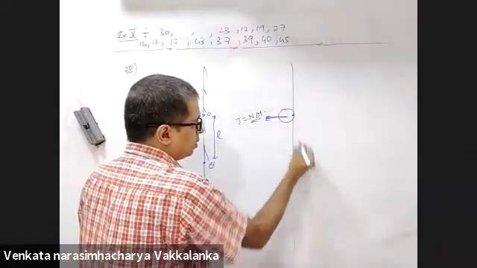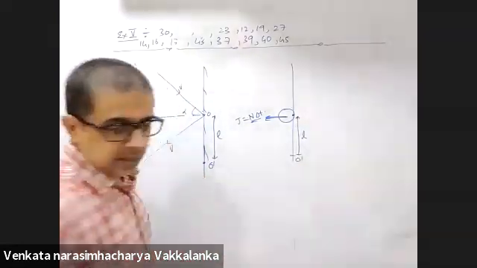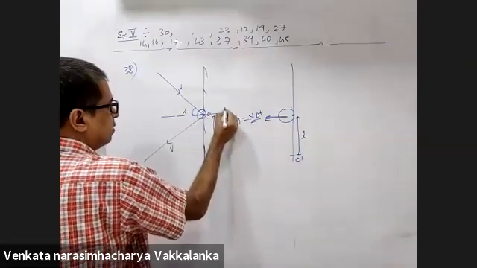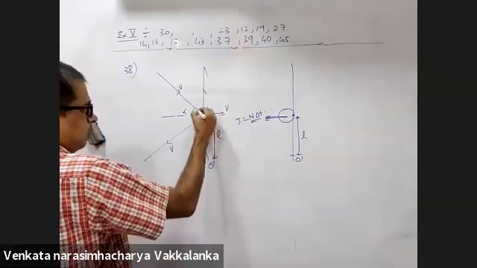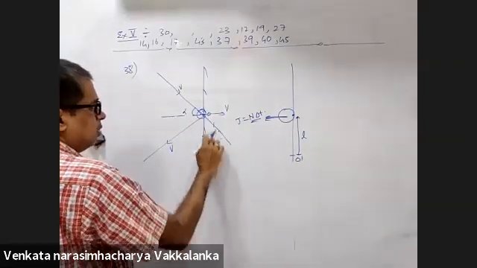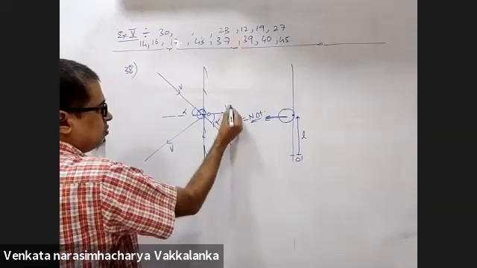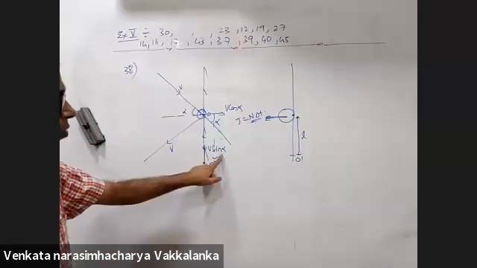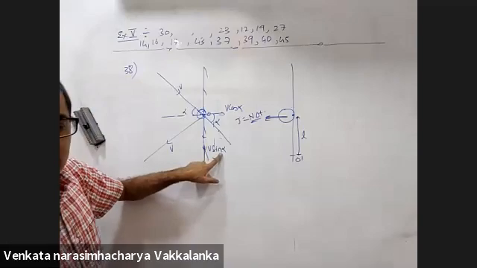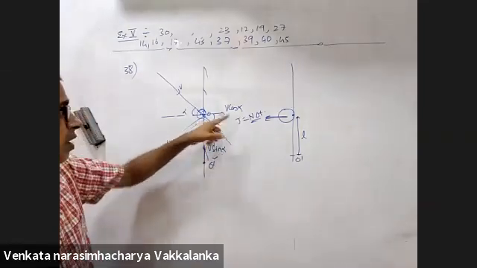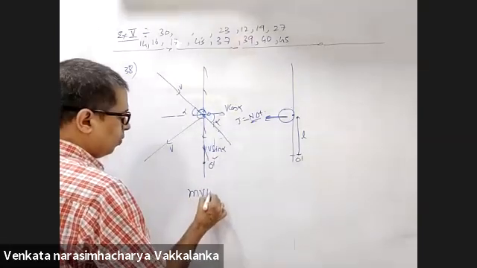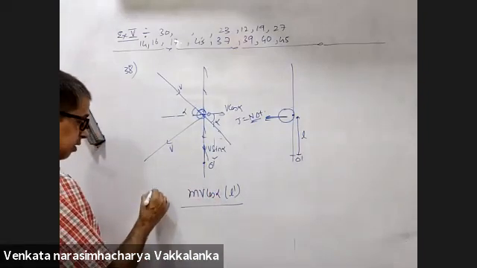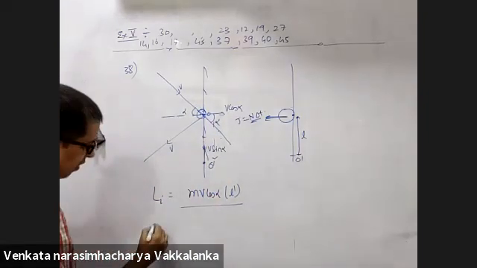Now you select O dash, which is at a distance of L. At the point of collision, this is alpha. This is V. This is V cos alpha. This will be V sin alpha. Now, what will be the angular momentum about O dash due to V sin alpha? Zero. Only V cos alpha will be left over. M V cos alpha into L dash will be the angular momentum about O dash initially. This is L initial. Find out L final.